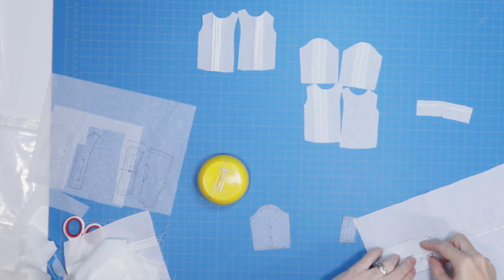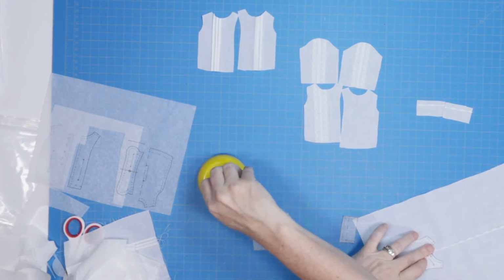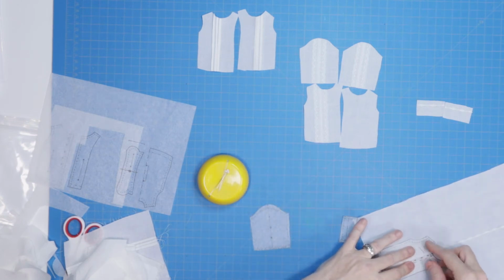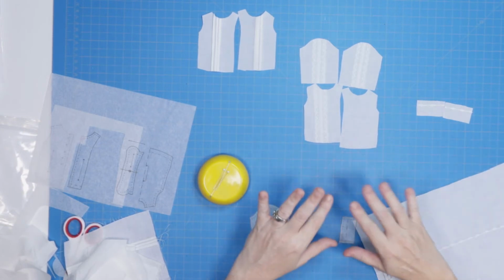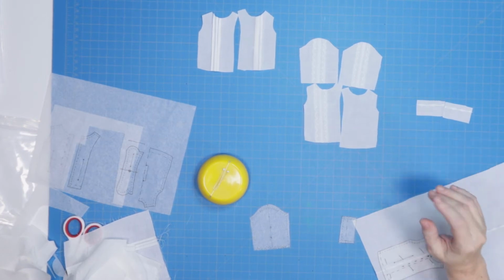Have enough, I can go ahead and do the front. I'm going to go ahead and cut out the rest of the pieces to the blouse, and then show you the order of construction for this blouse. Now, this technique, because it's all straight lines, works really well for the length of a garment or across the garment,